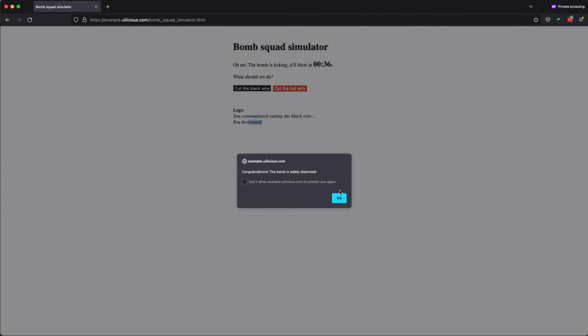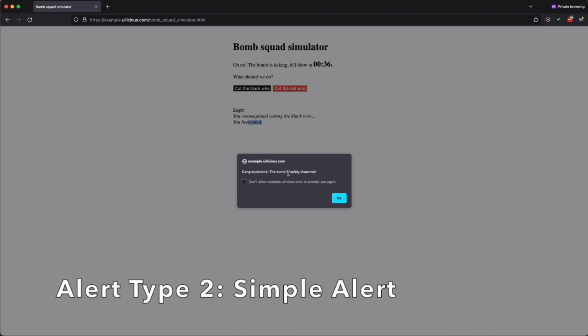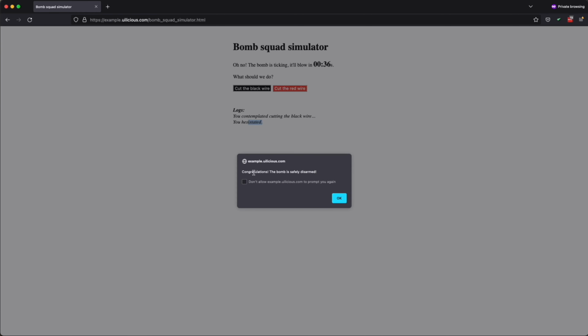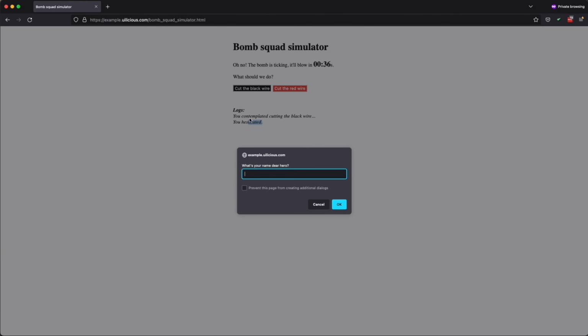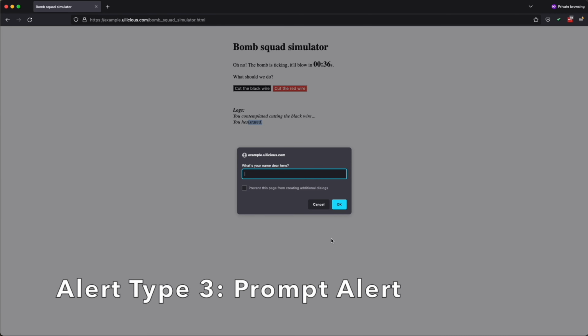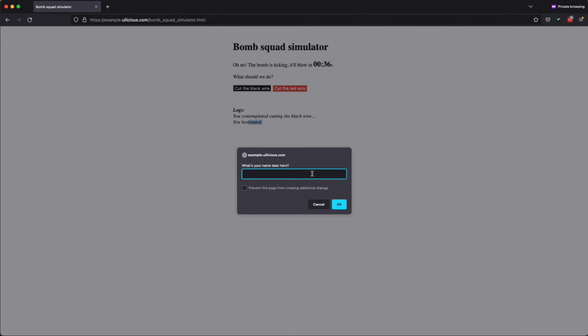Now let's go ahead and make the decision to cut the black wire. Press OK, and now we see another browser alert. This one is a plain alert box, and it will simply give you a notification message and just one button to click on OK to acknowledge the message. So we'll click on OK, and now we see the third kind of browser alert, and this is called a prompt box,